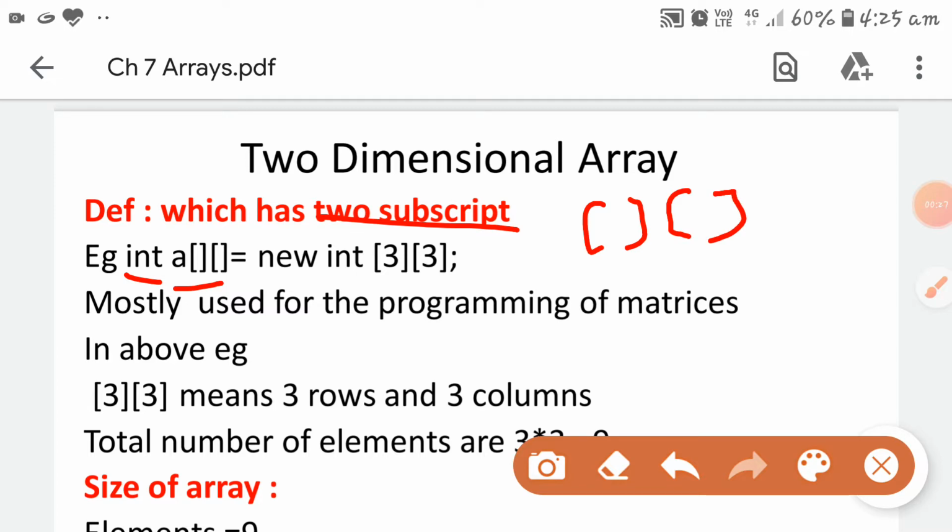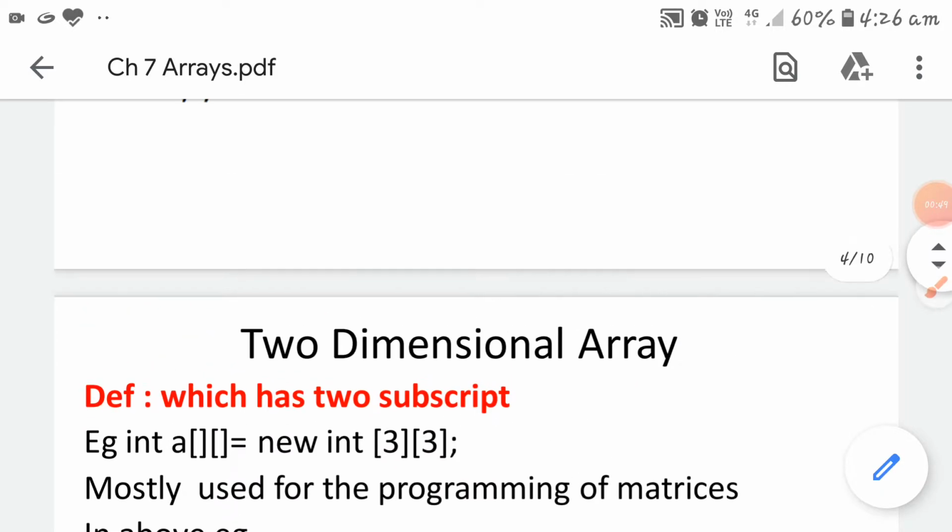It means it has two subscripts, and a is a two-dimensional subscripted variable having 3 elements in the first and 3 elements in the second. So mostly such double-dimensional arrays are used for the programming of matrices.